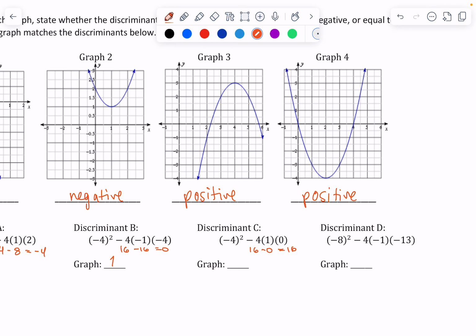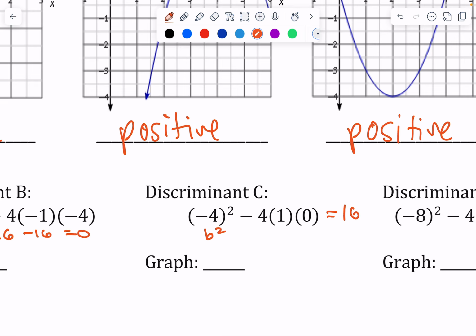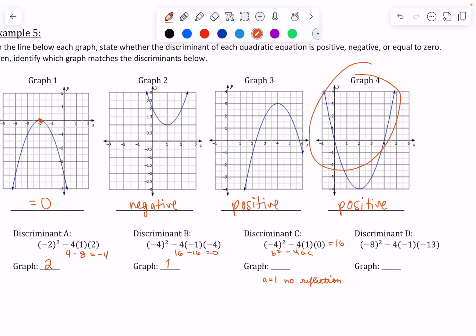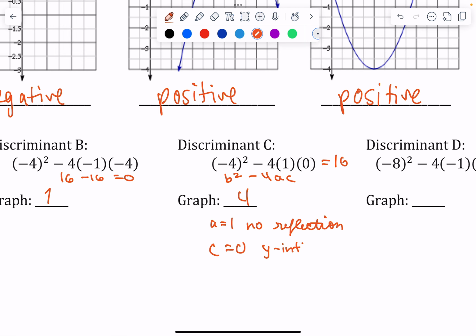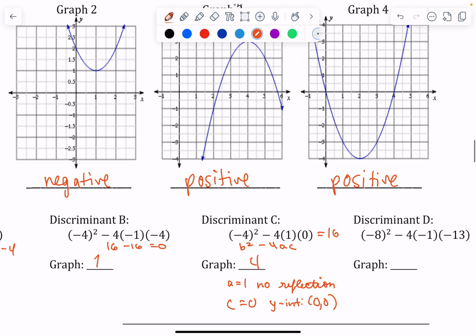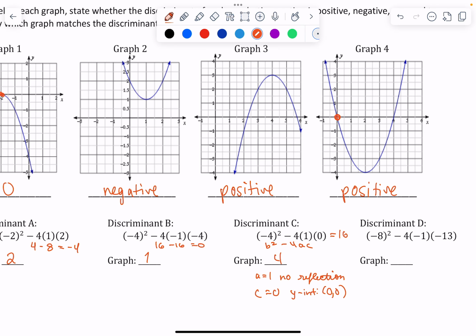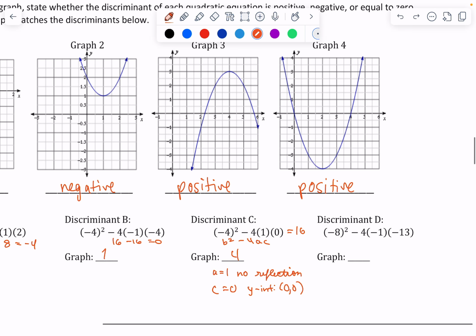Well, one way to do it is to remember that the formula for the discriminant is b squared minus 4ac. So that means our a value is 1, which means there is no reflection taking place. Now, if there's no reflection taking place, it would have to be graph 4. A second thing that you could notice is that C is 0. Now remember, C refers to the y-intercept, which means we have a y-intercept of (0, 0), which also only corresponds to 4. This means that the last option, D, would have to be the third graph,